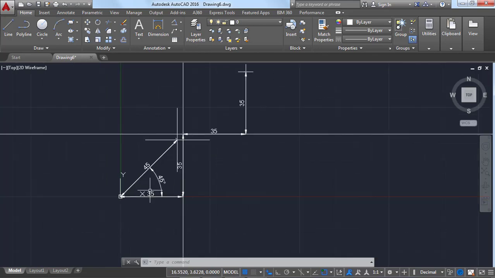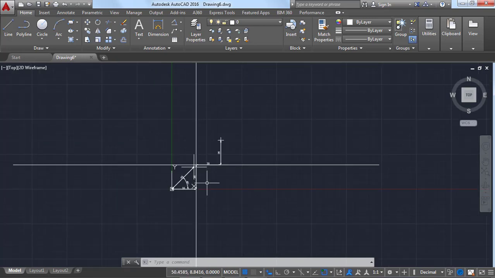In the polar coordinate system, we can access the absolute polar coordinate system and the relative polar coordinate system. In order to access the relative polar coordinate system, we need to start with the @ symbol. Without using the @ symbol, it means that we are giving the coordinates from the origin, meaning the absolute coordinate system. This is how we can plot the points in AutoCAD software, and these are the methods of the absolute coordinate system, relative coordinate system and polar coordinate system.